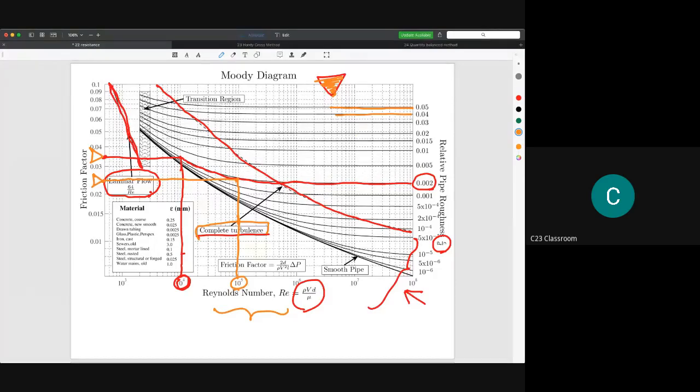Ini bukan, ini dah masuk chapter 2. Okay, so ada orang tanya. Okay, so